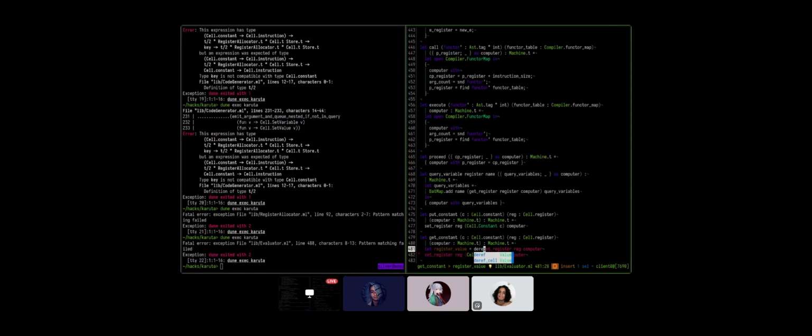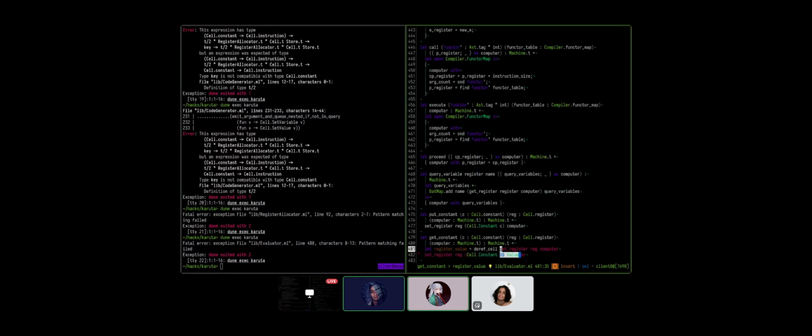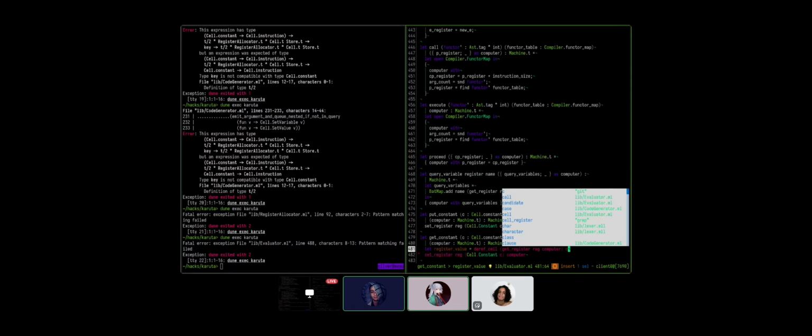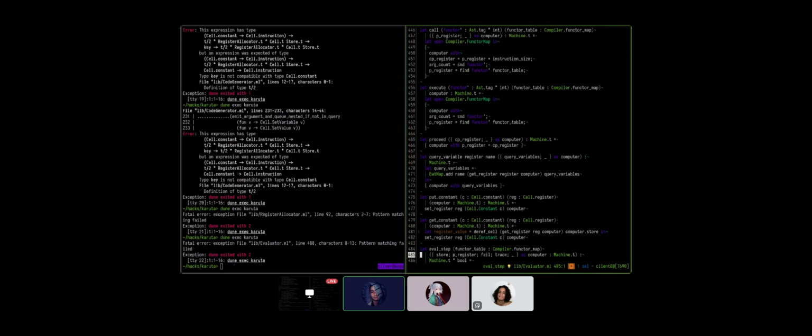Deref cell, and this also takes... oh, this takes a store, actually. So just wrap in parentheses, it's better. Get register doesn't write into the computer, right? No. Yeah, addr. It's not an address, Lemos. It's written as it is.